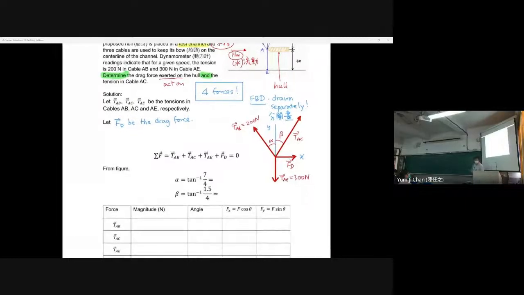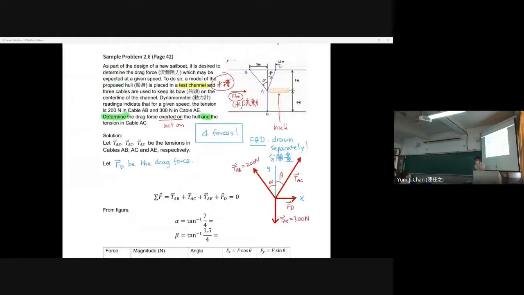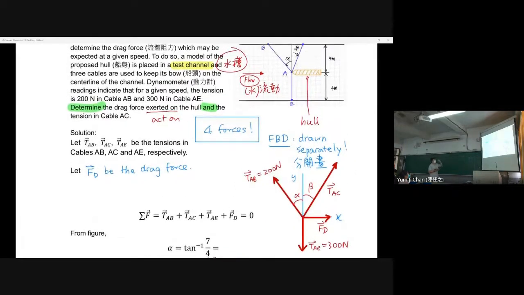I think I stop here on Thursday, right? So we had to solve a problem. Before we do any calculations,